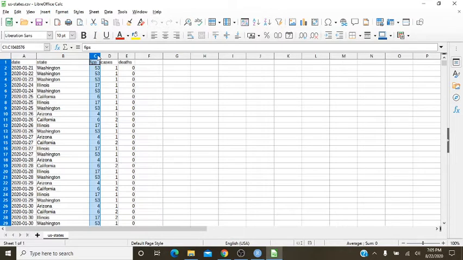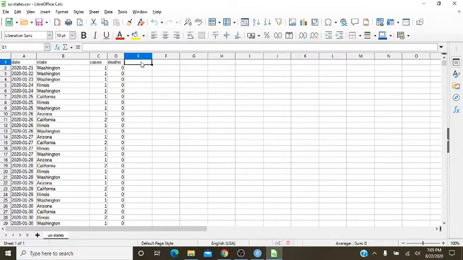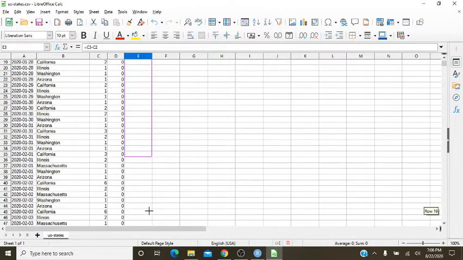Don't need this. And what we have to do is this. We have to calculate cases minus previous day case. I'm going to put a 0 up there also just for convenience. Then we drag this down.